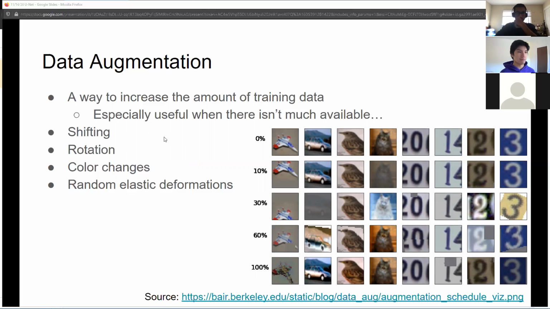For example, with this image right here, this model plane, in the next layer down, they applied a transformation that just shifted it up. So one form of data augmentation is shifting. Another form is rotation. For example, you can see from this tree to this tree, they rotated a bit. They also changed the color, which is another form of data augmentation, just like they did with this cat. It looks like a negative image here. There's also shearing, or elastic deformations in general.